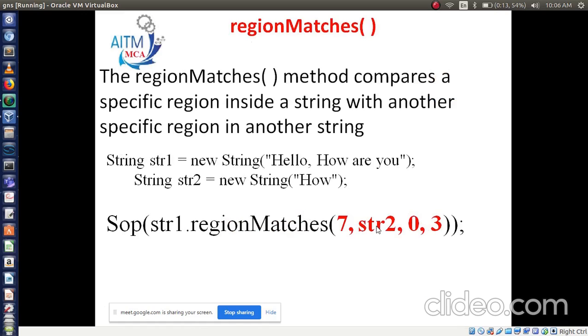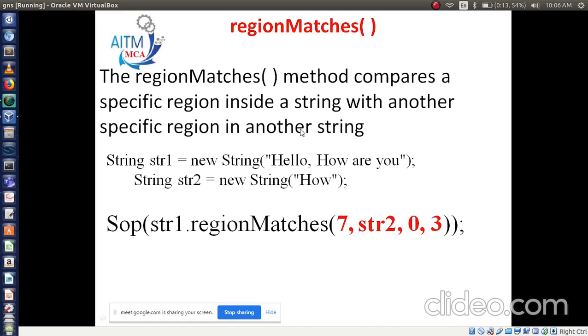Now the next method is regionMatches. Here we are not concentrating much, but they may ask individually to write, so you just write what it is. The regionMatches method compares a specific region inside a string with another specific region in another string. So region-wise we have to match.